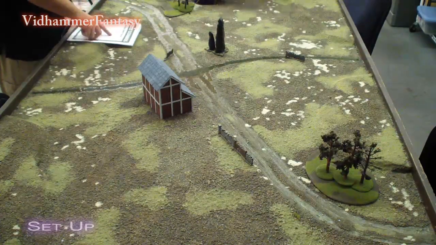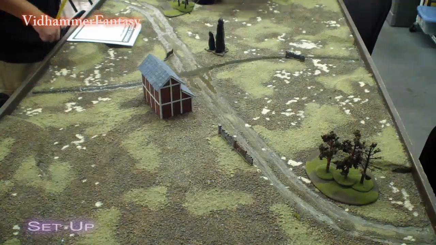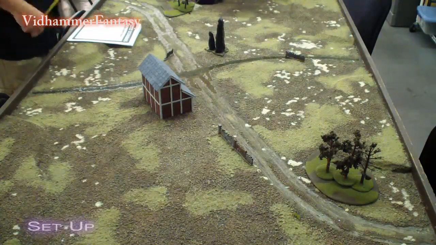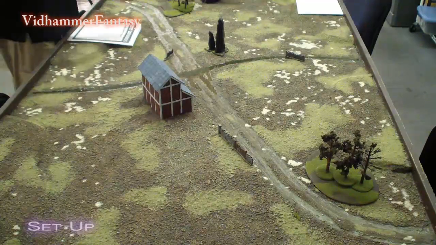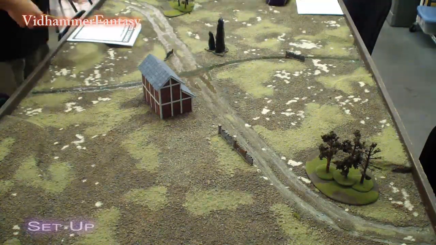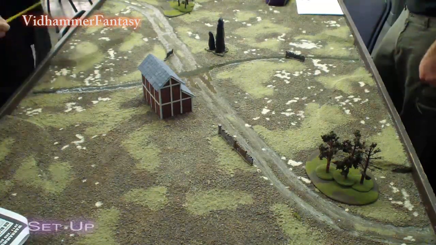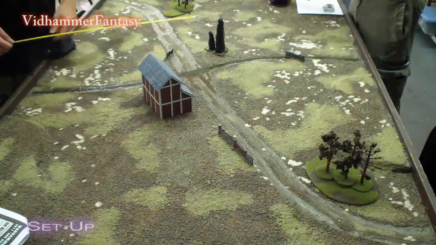I win the roll for board edge and take the left side since it's closer to the house, thinking it might be a safe place for my Grey Seer. I go over my army list in the first round, but for spells, my Warlock Engineer takes Warp Lightning, my Plague Priest gets Blessed with Filth and Vermintide, and my Grey Seer ends up with Crack's Call, Plague, Wither, and